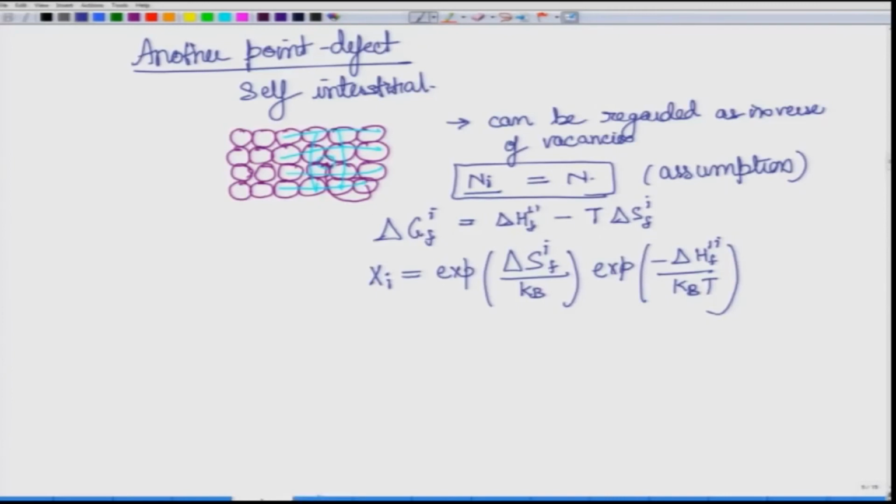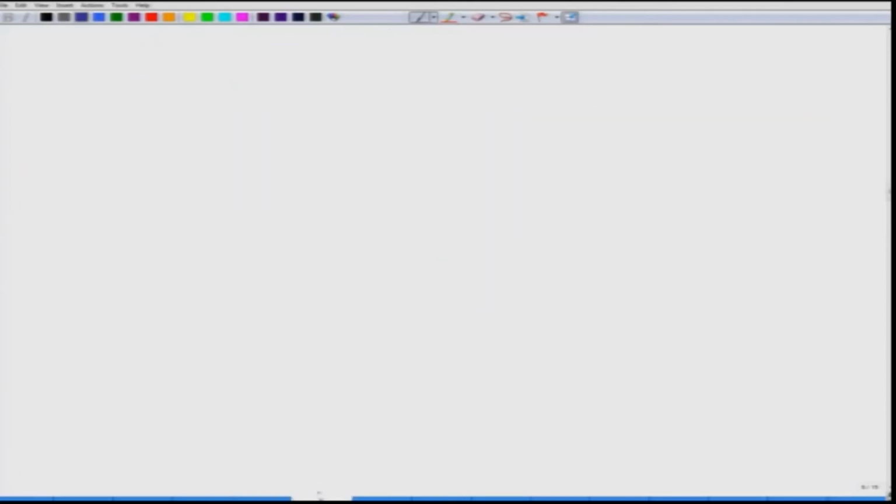So, this was self interstitial. Now, let us move on to still another defect, which is the Frenkel defect. Okay, so let's first draw it schematically. Now, the Frenkel defect is something that will mostly occur in ionic substances. So, let us assume a simple system where there is one cation and one anion, and the ratio is 1:1. So, it will have something like this.